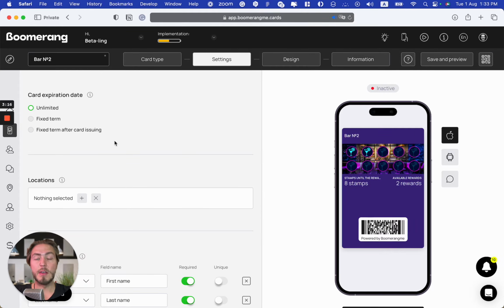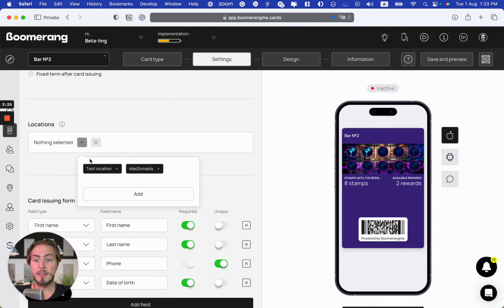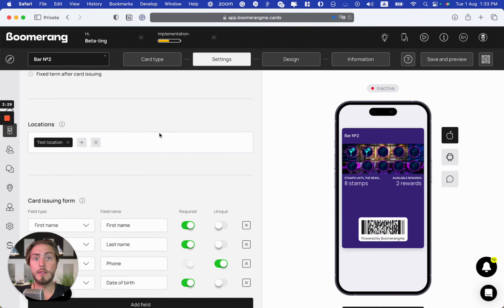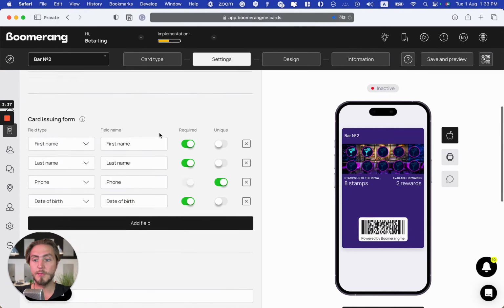For example, you can run Christmas campaigns, you can run Black Friday campaigns or something like that. You can add your business locations here to show geolocated push notifications around 330 feet around each of your business locations for all existing card holders. Works pretty well for all local businesses.